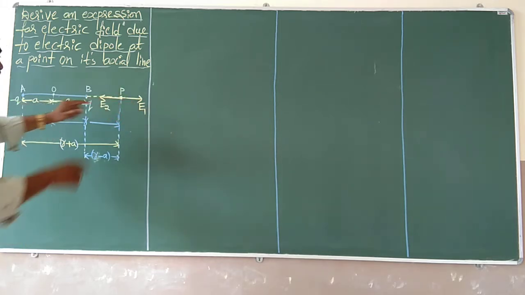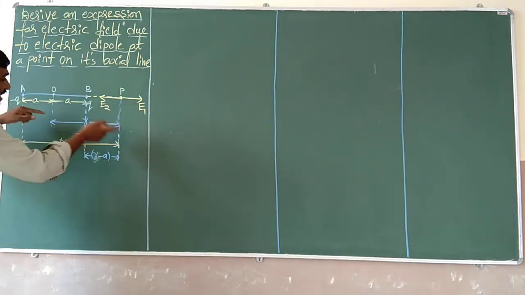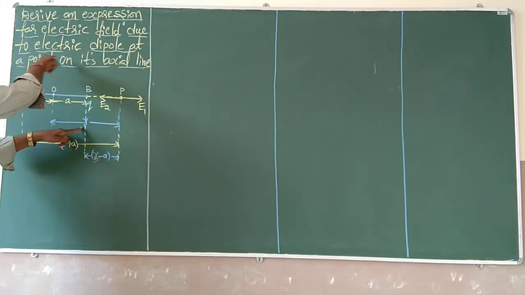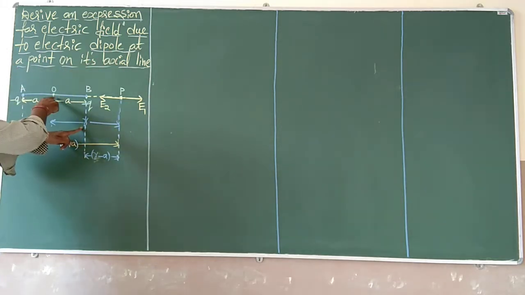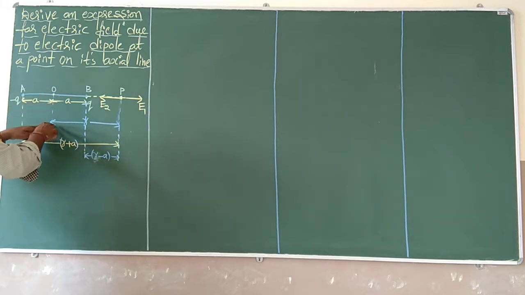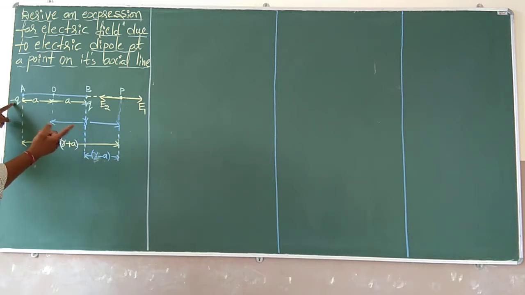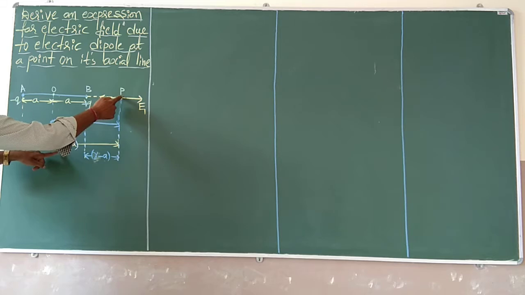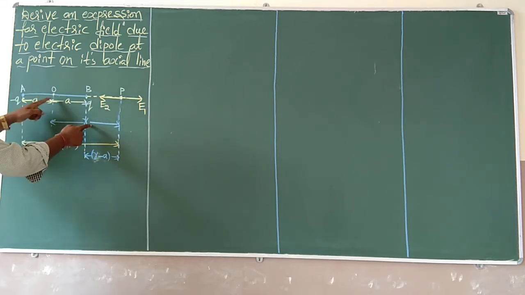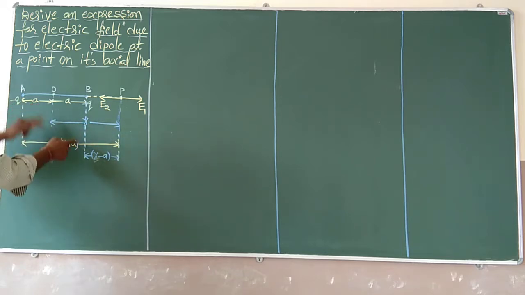At a point P. The point P is at a distance r from the center of the electric dipole. Choosing the point that is r from O, where O is the center of the dipole, to the point P, that is r. What is the distance from the minus q to point P? That is r plus a, because P to O we consider as r, then extend on to minus q, this is a. R plus a. It becomes r plus a.